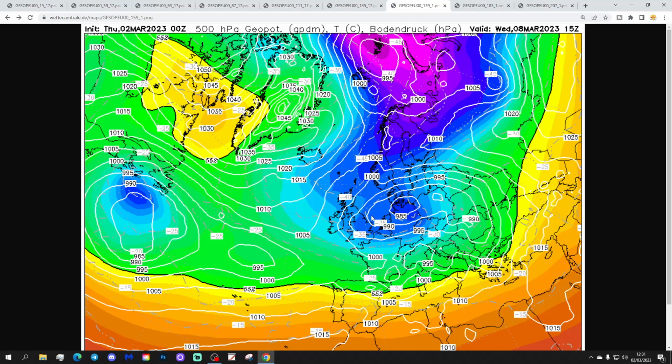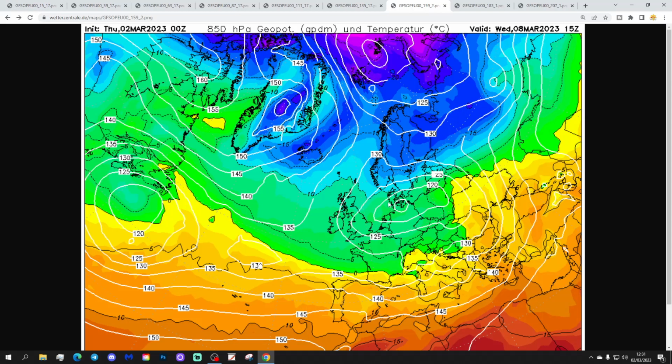Wednesday looking very wintry in much of northern, western and central Europe. The area of low pressure will be moving eastwards into Denmark and Germany. To the north and east of that, we're pulling in a very cold east to northeasterly wind. So again, the upper air temperatures are bitterly cold across Scandinavia, cold through much of northern and western Europe as well. Southern and southeastern Europe are looking significantly milder on the southern and eastern flank of this area of low